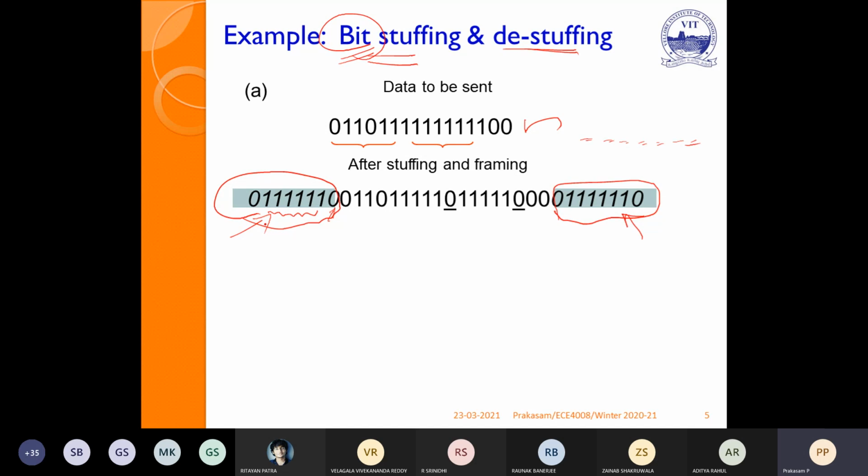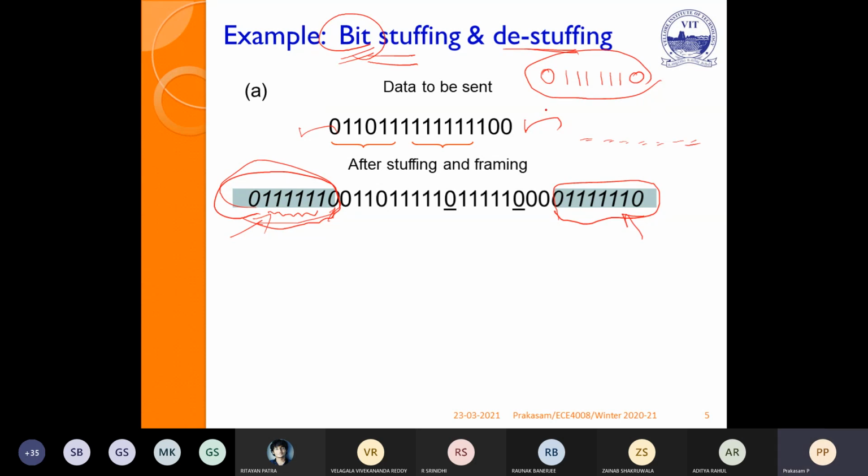In the examples, we will give the data to be sent, then we will give the boundaries like this. Then we may ask you to go for bit stuffing as well as destuffing of the given data.